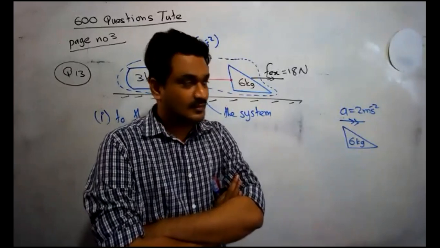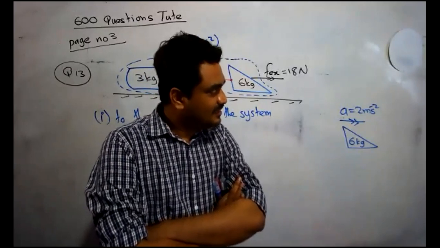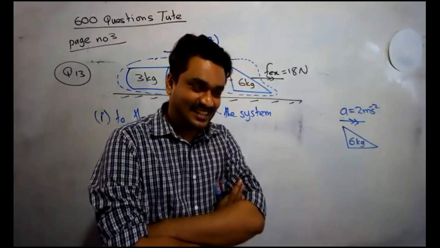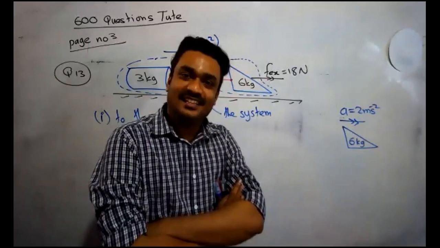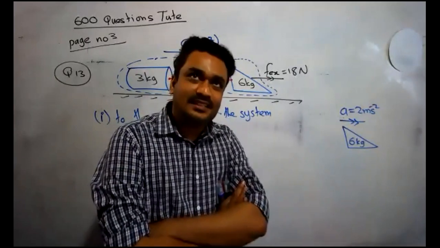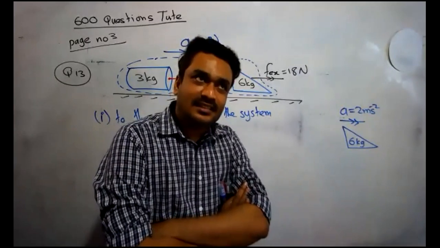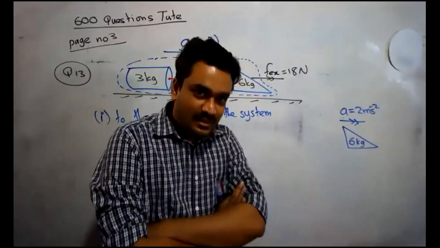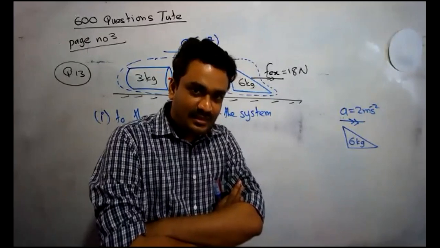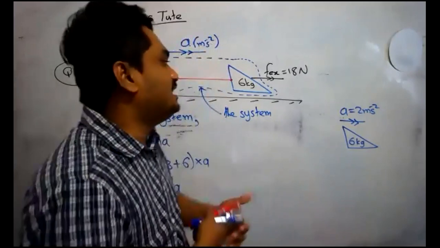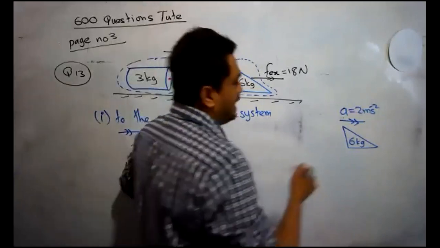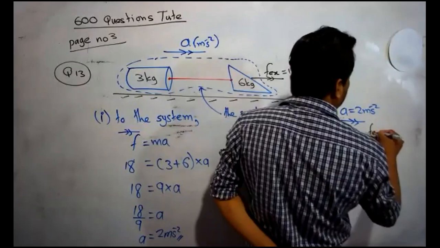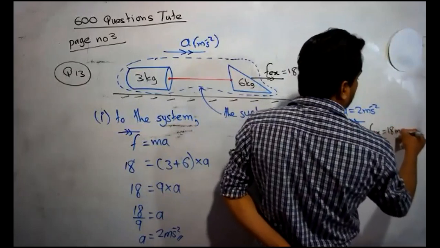Because its force is in the right hand side. Greater force. Yep, because the greater force is in the right hand side. What is that force, dear? External force. Because of the 18 Newton external force, this object is moved to the right hand side